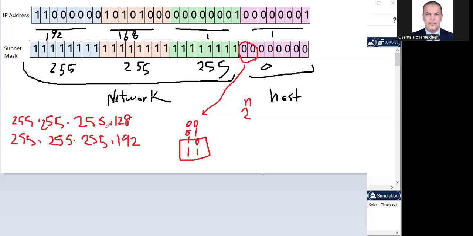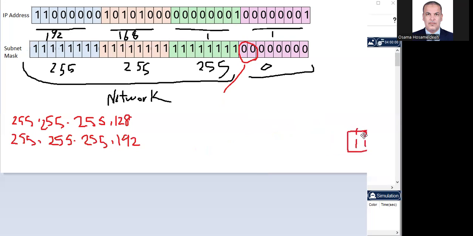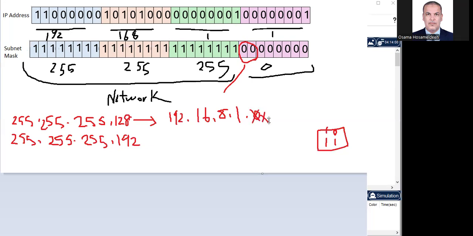Okay. So these are the subnet masks. And for the network address, make sure this is 0. So this is the network. Let me clean this part, move this part away. So the network address is going to be 192.168.1.0. But make sure that you put double X here, XX, and